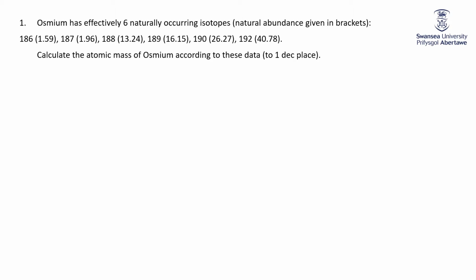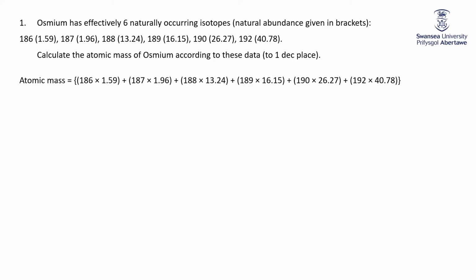First one could actually have done all the way back at the start, although right at the start of the course talking about 6 isotopes might have been a bit mean. But anyway, 6 isotopes for osmium, outstanding element, and natural abundance given in brackets. So all we do is we take the weighted average of these data, where we take for each isotope its mass multiplied by its percentage or its natural abundance, and then divide by 100 because these are given to us